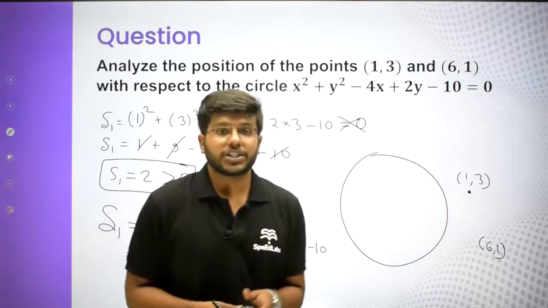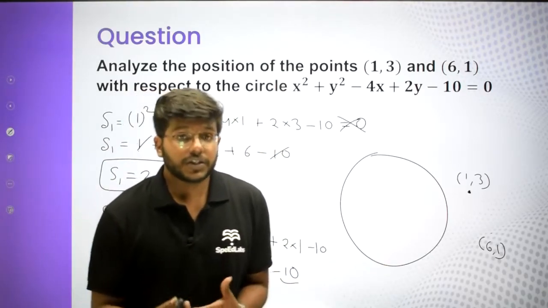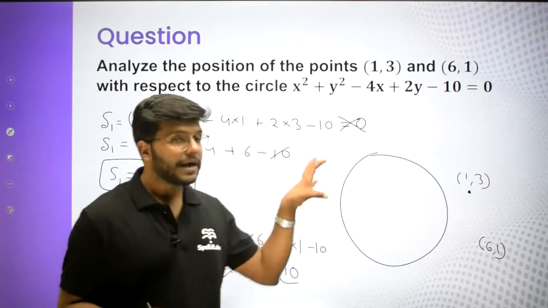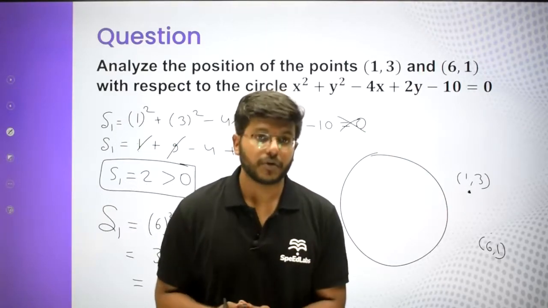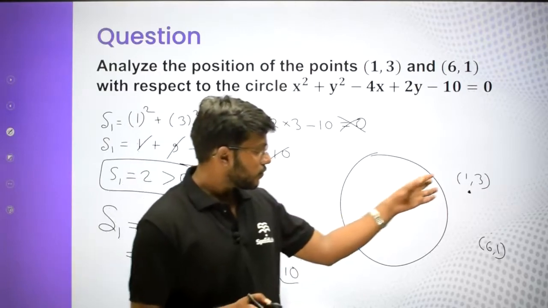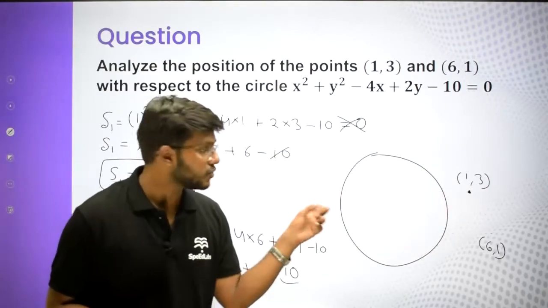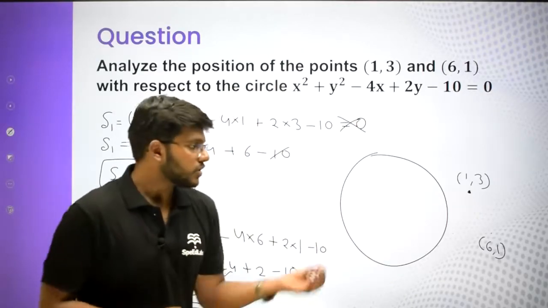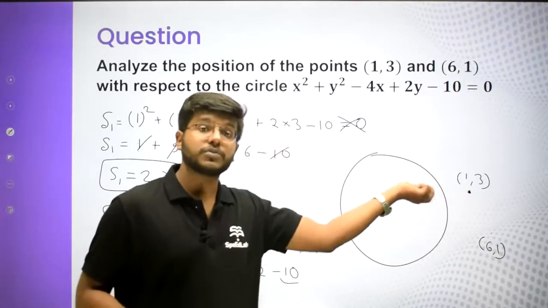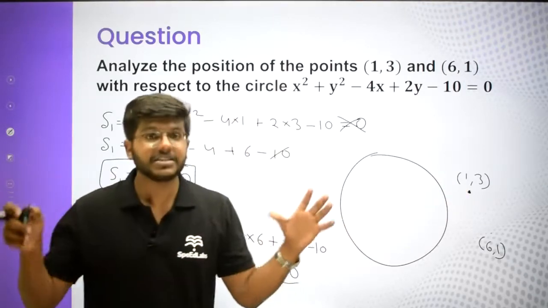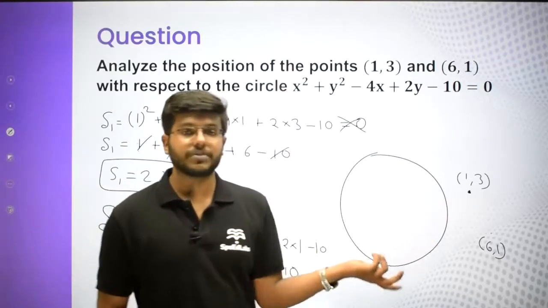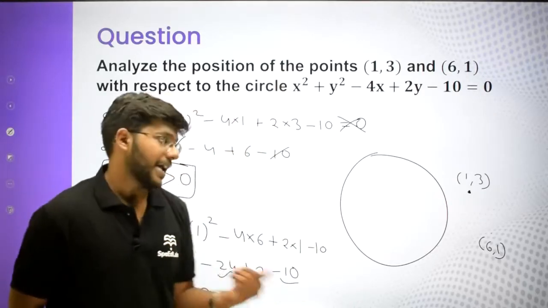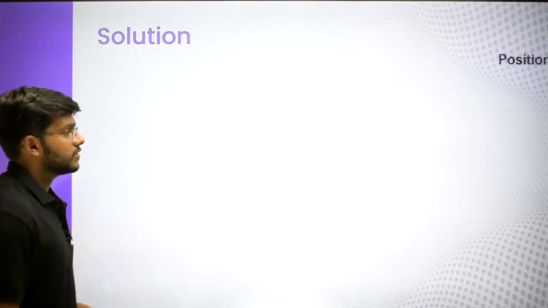Whenever we solve a question and some points are given to you, I have always told you, you can draw in coordinate geometry. This is very helpful. We always try to draw a rough figure, okay? So whenever we have some points, and let's suppose the circle is also there, basically using the position of the point, you can identify where the point is going to lie. Sometimes we take it as outside, but actually, let's suppose the point is coming inside. So it changes how you see the question. That's why this concept is important. You can simply identify where my point exactly is going to lie. Okay, guys. All right, so the solution we have already seen.